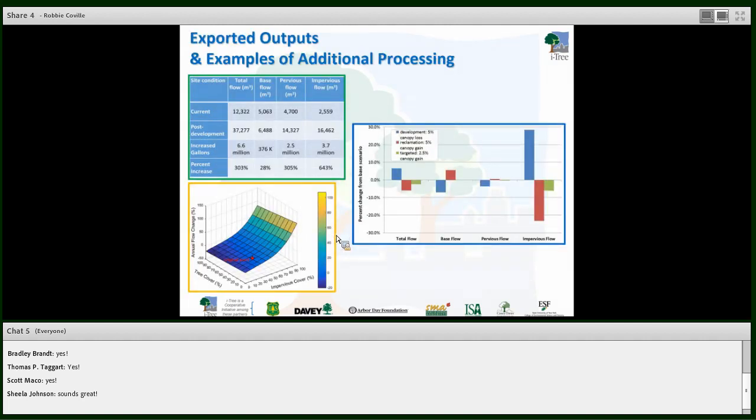And just looking at some of the exported outputs. So top left, some of you might recognize this table from the previous iTree Hydro webinar. Our guest speaker then, Eric Kuehler, shared this as part of a project that he did. And then here are just a few other outputs to give you an idea of what this model could be used for. On the right, we're looking at the percent change of a few different scenarios compared to the initial conditions. So these two different developments, or a development scenario, a land reclamation scenario, and then a targeted 2.5% canopy